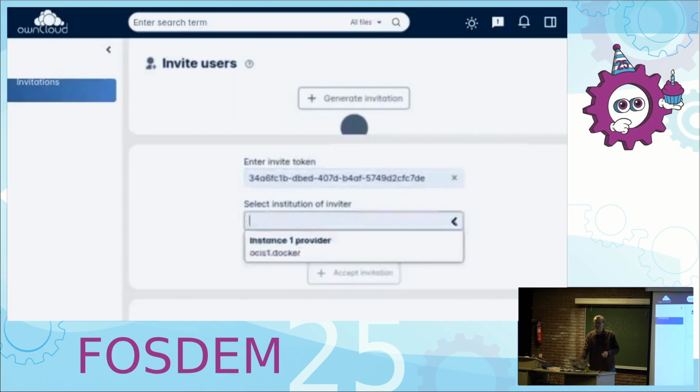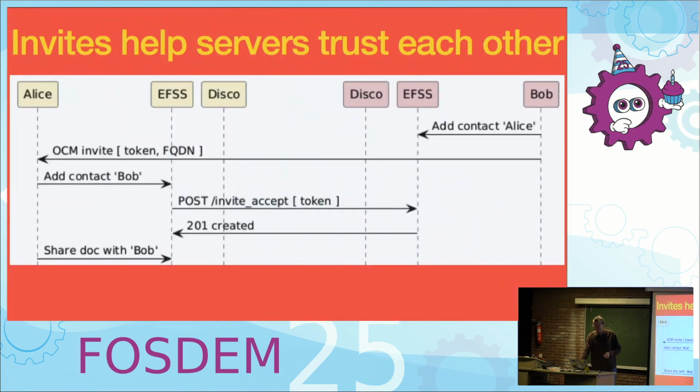So I just want to talk through how all of this looks in a swim lane diagram. Suppose that Bob wants to add Alice as a contact and sends an invite token all the way to Alice. Now this is out of bounds. This might even just be talking, saying write this down, etc. They might be talking on the phone to each other. And then Alice says, yeah, I want to talk to Bob. And that's how the initial trust is established.